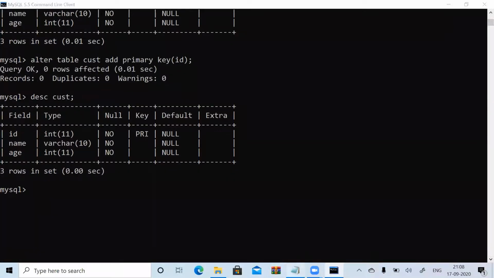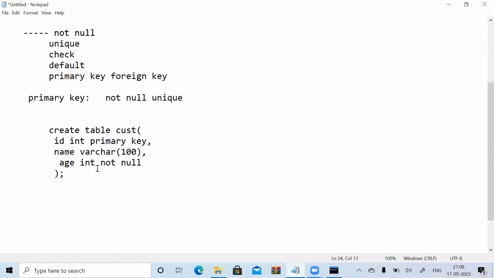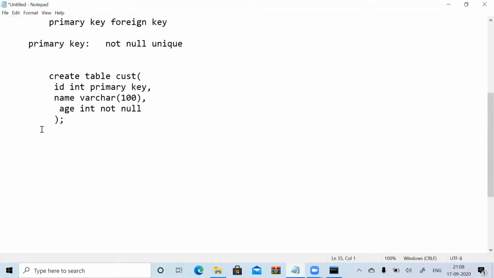Now, why are we learning these primary keys and foreign keys, my dear? Let us imagine. If you understand this, then it's very easy to understand the next things. So: ID, name, age. ID 1, name ABC, age 21. ID 2, name XYZ, age 20. Again, name PQR, and again age 20 only. Okay, this is one table.